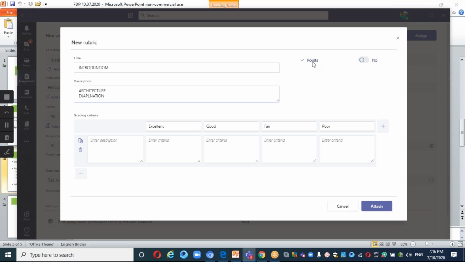At the right top, you have some points here. Click it as yes. If I give it as no, you cannot find anything here. If I give yes, I can find that for 100% how I'm going to evaluate. I'm going to evaluate this assignment in 2 categories. Your assignment should have the architecture diagram and should have the explanation also.